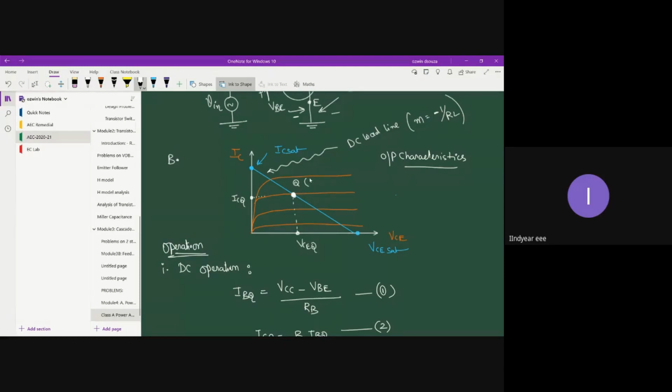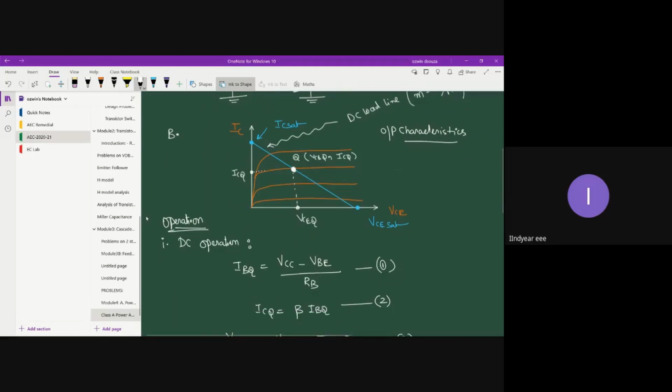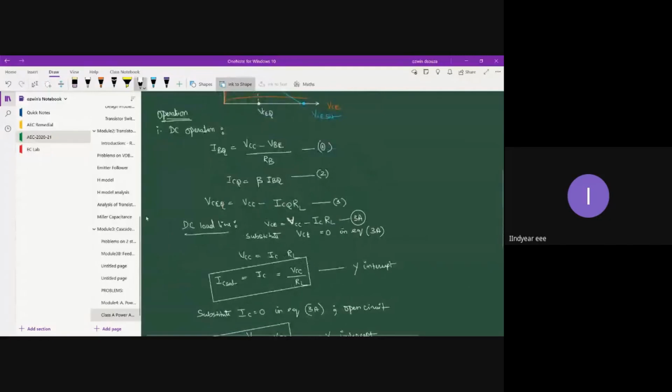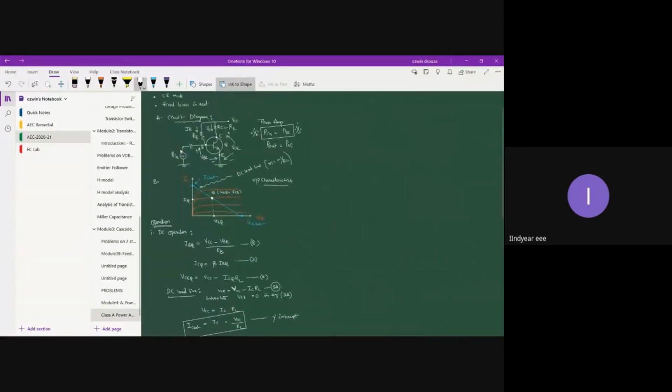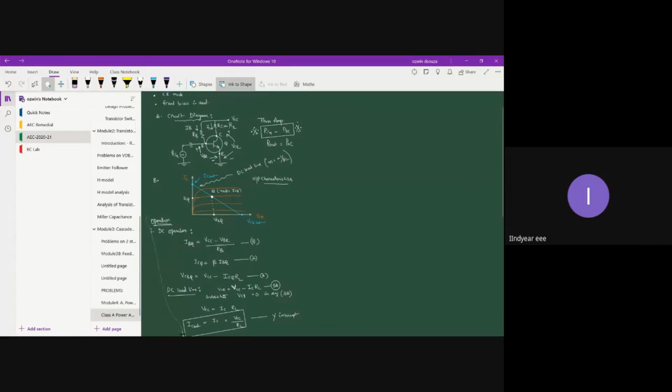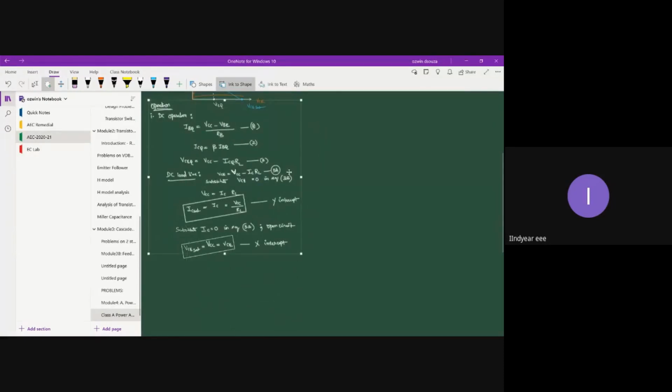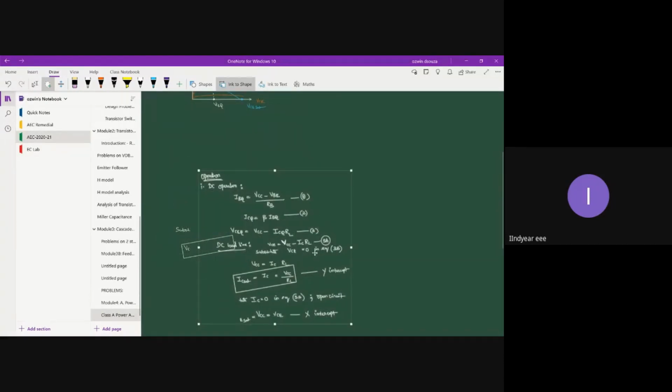Let me write the coordinates as x comma y. So the x coordinate is VCEQ and the y coordinate is ICQ. This is your load line. Since I need some space, what I will do,